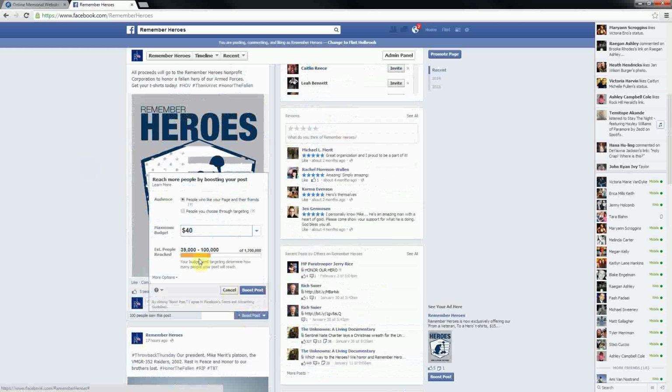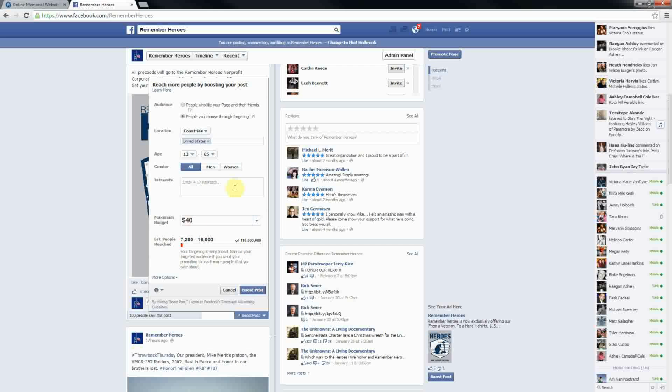If you have a Facebook page, you are probably familiar with this already. You can click Boost Post and set a budget, and Facebook will calculate the estimated reach. Now, by default, it's set on people who like your page and their friends. But if we go to the second option, you get a few more